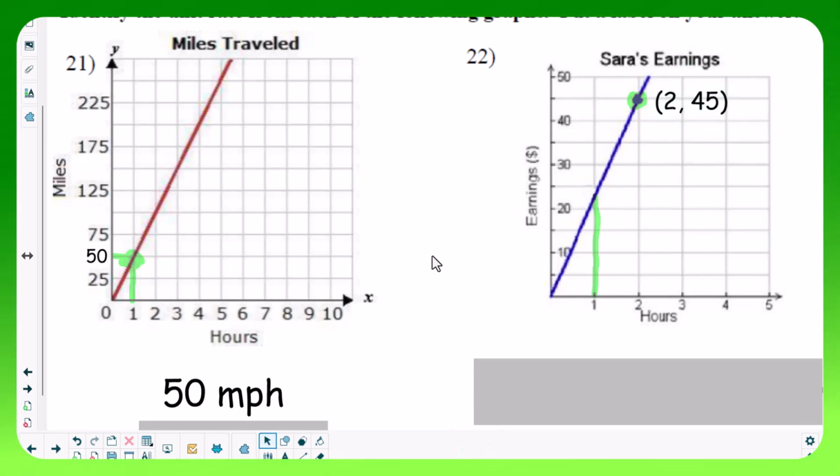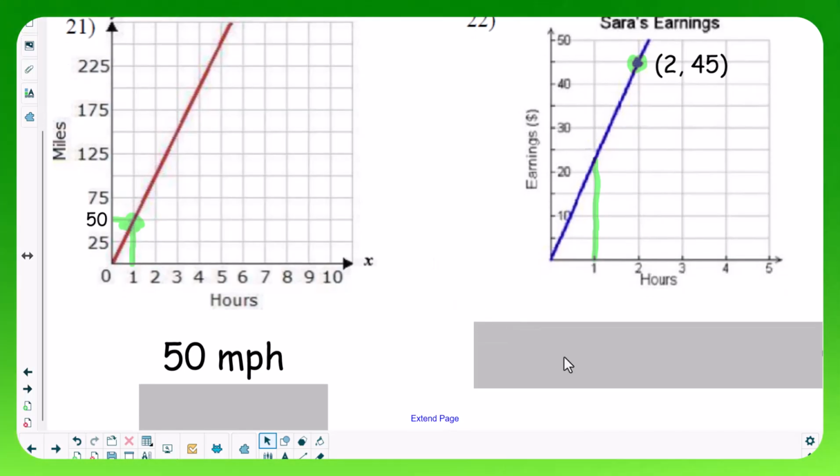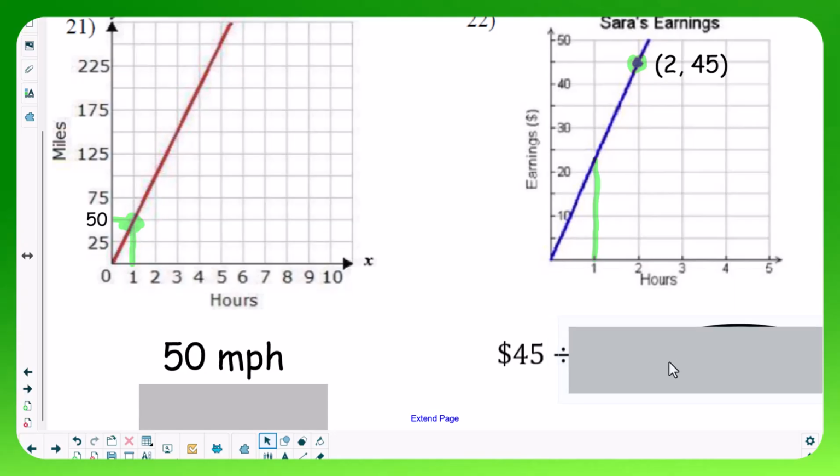So we can find her earnings per hour because this is a straight line graph that passes through 0, 0, the origin. We can find that constant ratio or rate or unit rate. So what I did to find the unit rate here was I took $45 divided by 2 hours, and that ended up getting me